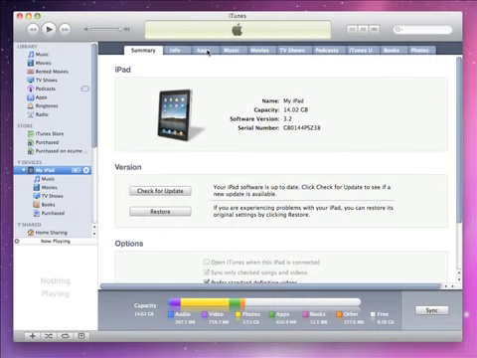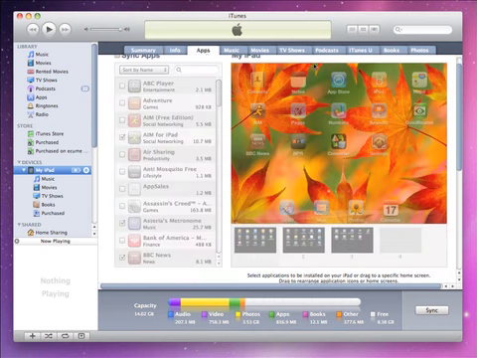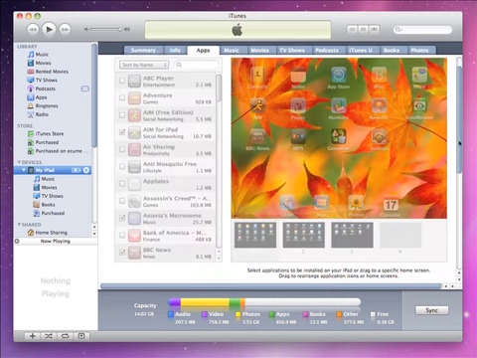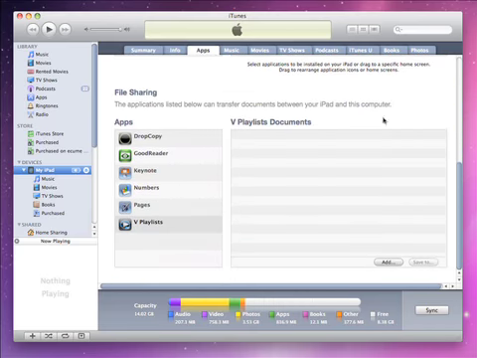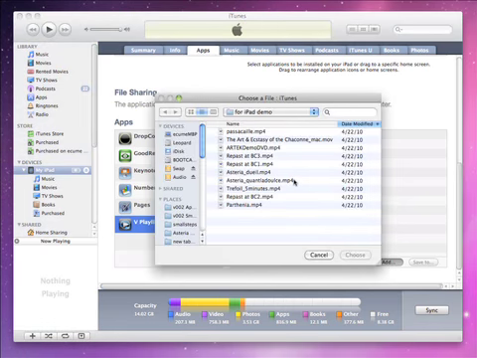This is the standard iTunes interface on the Mac. It's the same for the PC. And you see that you have your tabs. So we're going to go to the Apps tab for the iPad in question. And when you scroll down, there's a new file sharing area. You don't see it right off the bat, so make sure you scroll to the bottom. Simply click on Video Playlists, and you can drag and drop items into this area or use Apple's Add Files